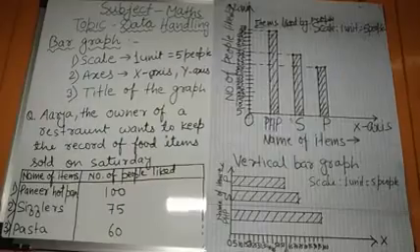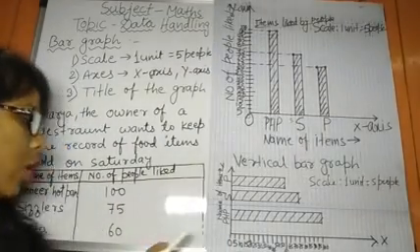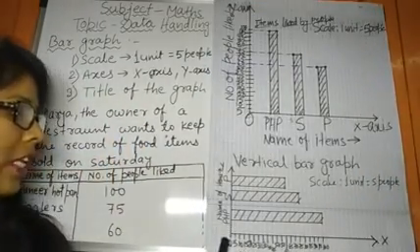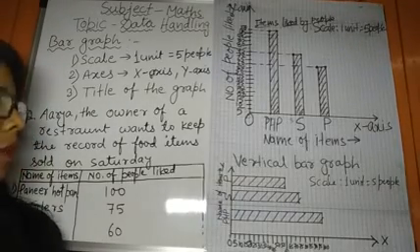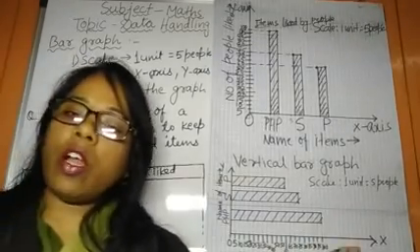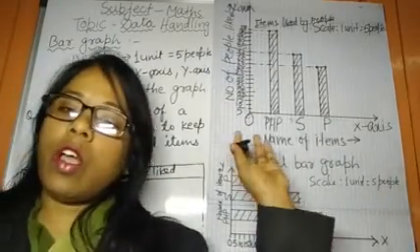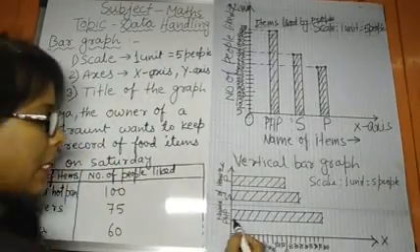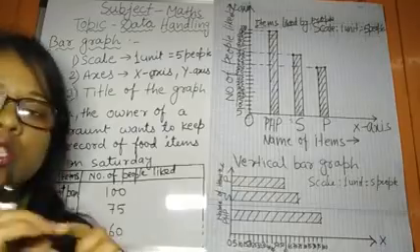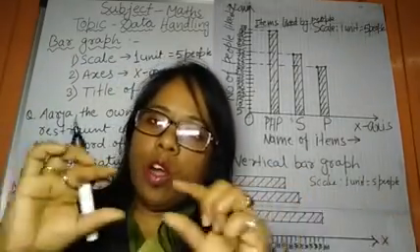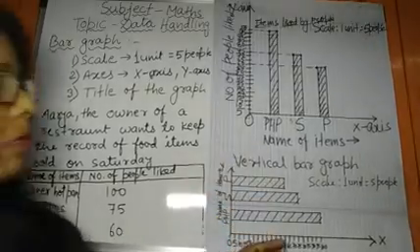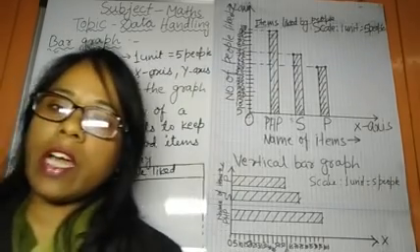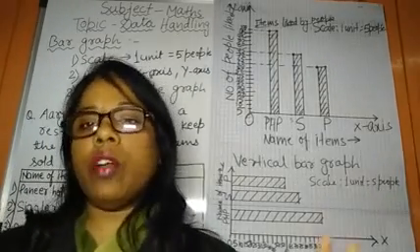Fine. The same data you can use to make a horizontal bar graph also. You can see this horizontal bar graph. In this horizontal bar graph, what you have to do, you have to write numbers on the x-axis and names on the y-axis. Only that much change is there, no other change. You can see that here the bars are showing in a sleeping, horizontal mode. So this is called a horizontal bar graph, and this first one is called a vertical bar graph. So by using the same data, you can draw a horizontal bar graph or a vertical bar graph.